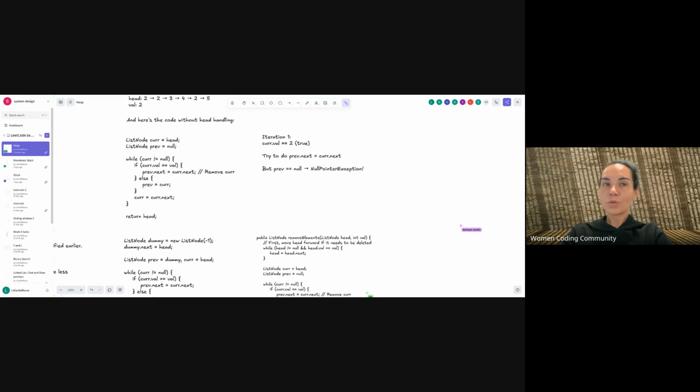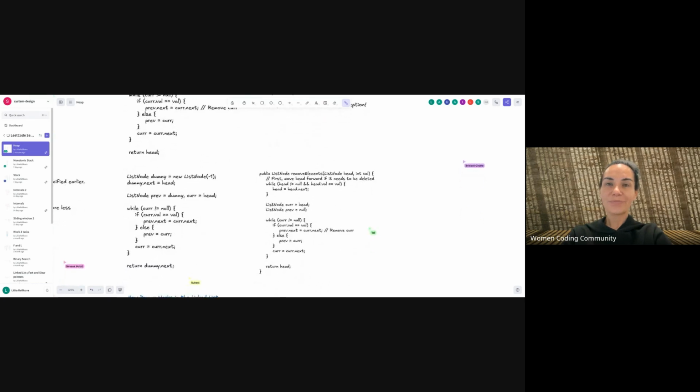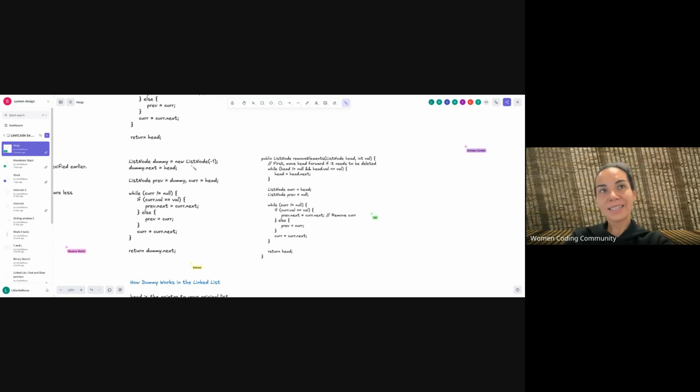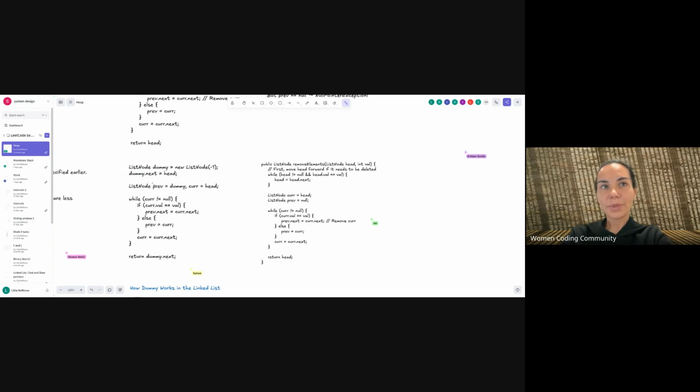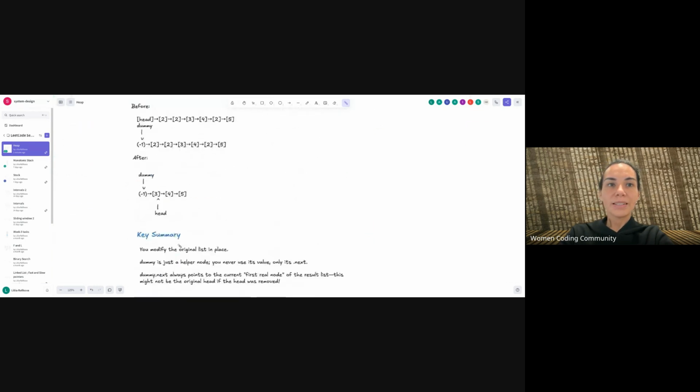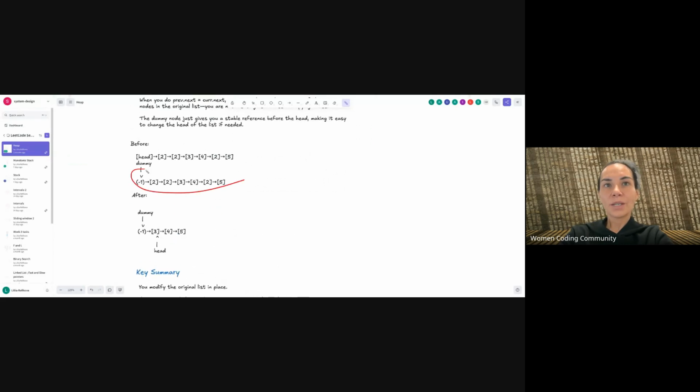I know it's probably not clear for some folks, because you need to have some practice on this. But let's take a look at what will happen if we introduce a dummy node here. For example, we introduce the dummy node. Dummy now points to head. This is how it looks. We add our